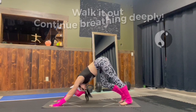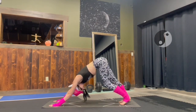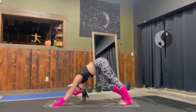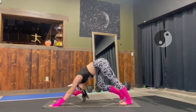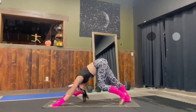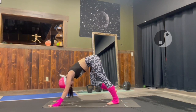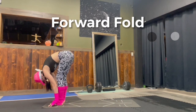And this time let's walk it out. So press your heels and toes back and forth into the mat, walking your feet out. Really pulling your navel to your spine. Sit bones pressed high. And go ahead and take that walk and walk those feet back up towards your hands this time. Find your forward fold,